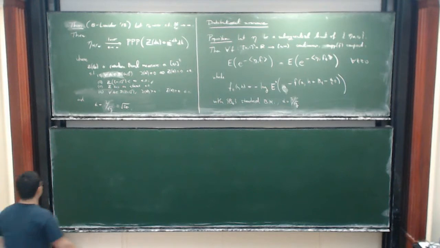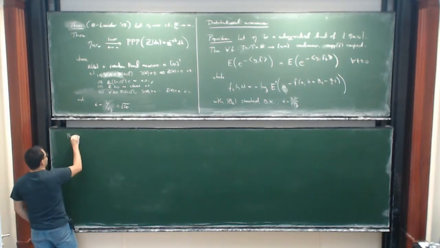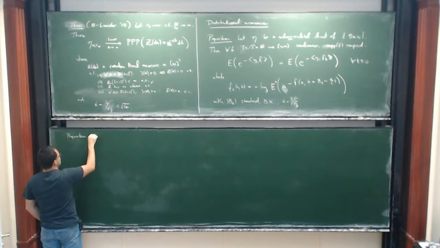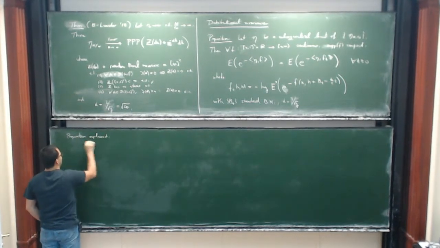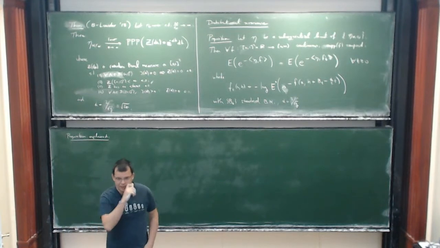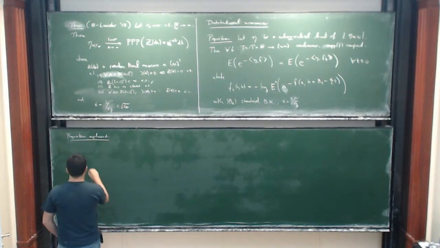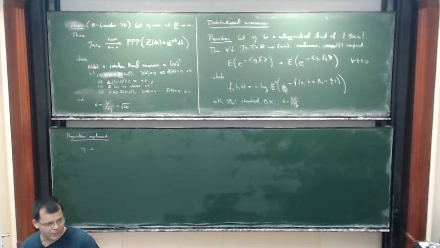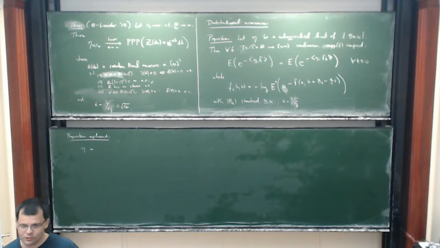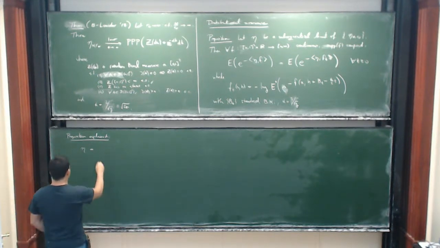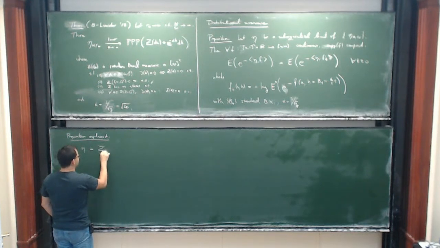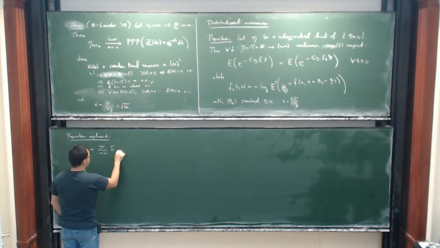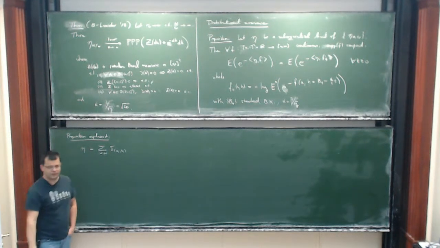Okay, so let me try to explain the proposition. Let me try to write the following. So I have the eta process, and I'm assuming that I know that the process is a result of a limit of a tight family of processes. So it puts a finite number of points into any compact set. So I can in fact enumerate the points. Okay, so I can write this in the form (x_i, h_i).